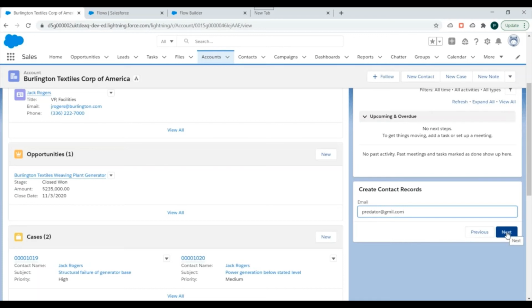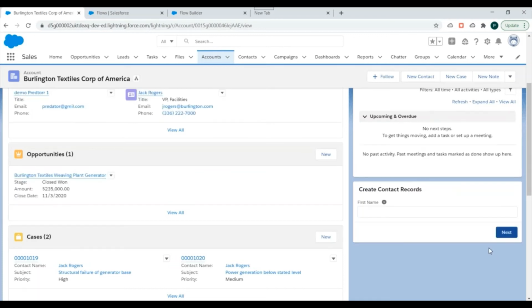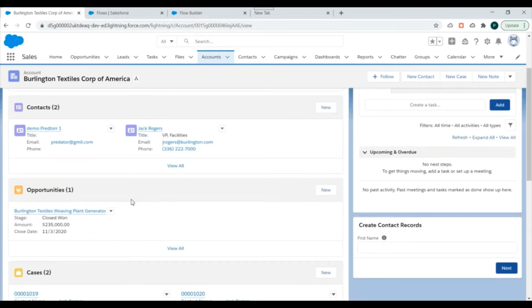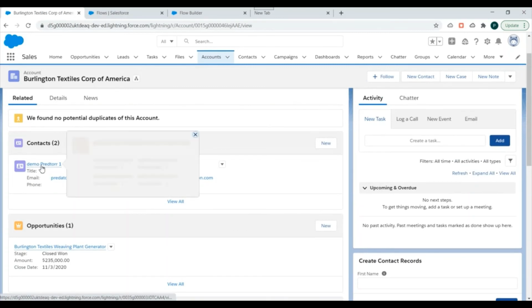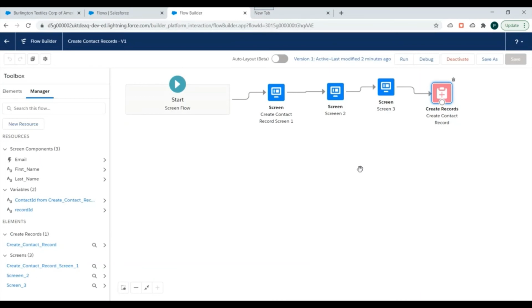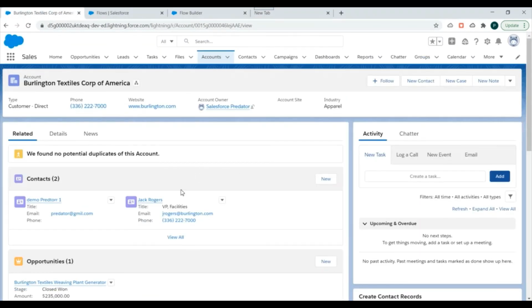If I click on next, I should be able to create a contact record, and that contact record should be associated with this account, right? So you can see a new contact record has been created and it has been associated with this account record. Fine. So this is how we include our flow inside record pages.